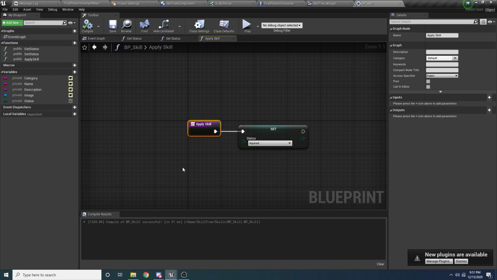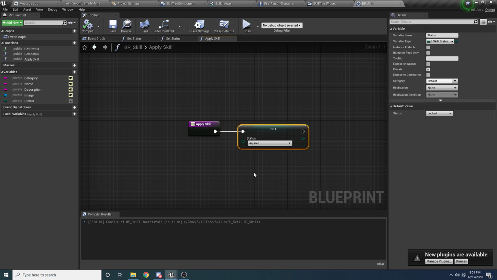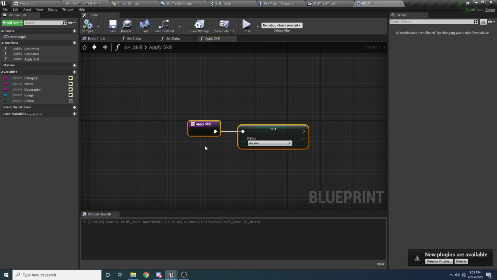So this function is going to be overwritten in each child skill blueprint, and they can do whatever they want. But all of them need to do this. They need to set the status to acquired, because whenever the skill is applied or purchased or bought or whatever, then we need to make sure that we set it to acquired. So the majority of the code inside of this apply skill function will happen in the child blueprints. Okay, and then the final thing we want inside of here is request